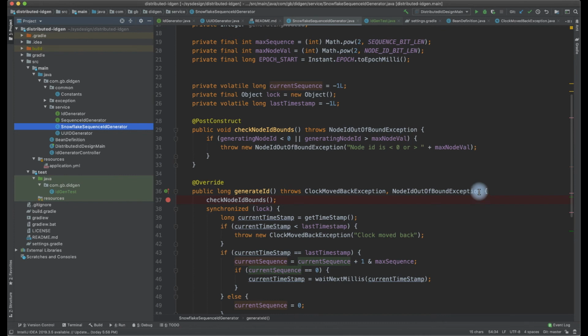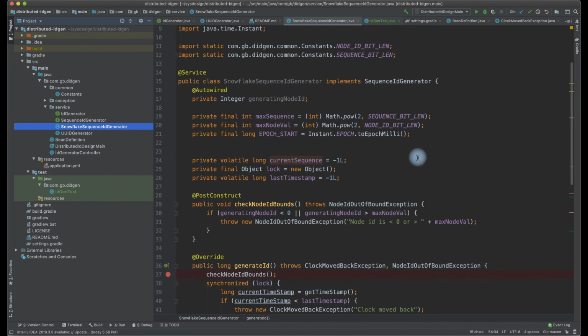So now let me explain the approach first, and then we will walk into the implementation. What we can do is, whenever a request reaches, and this is completely a distributed solution, we need to be aware of this.